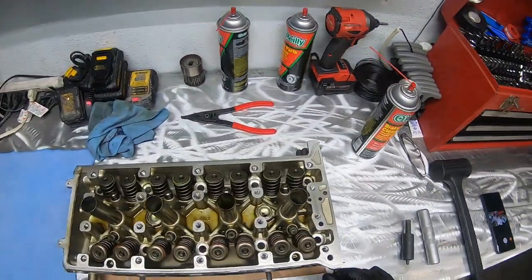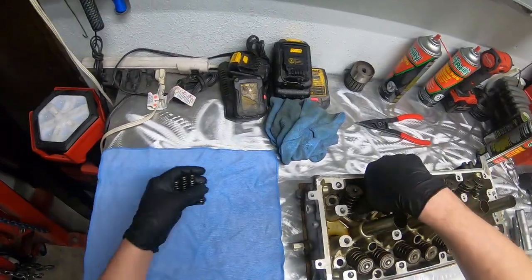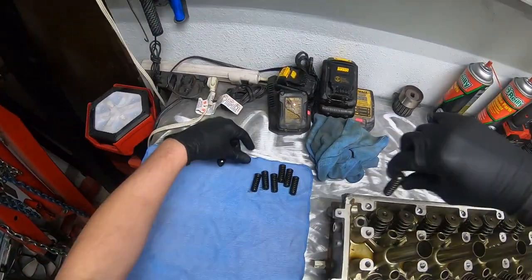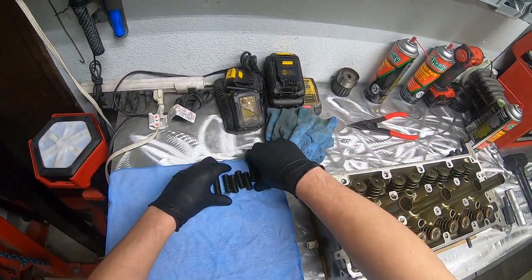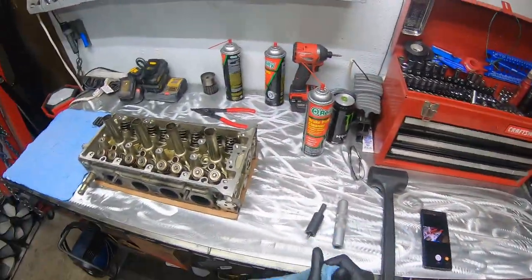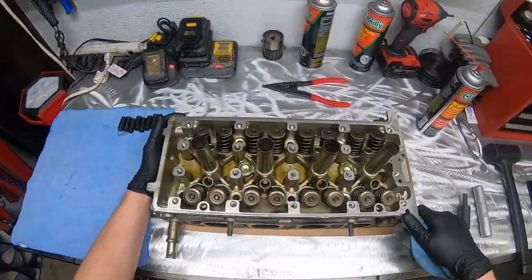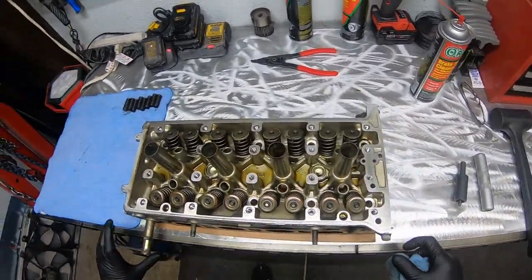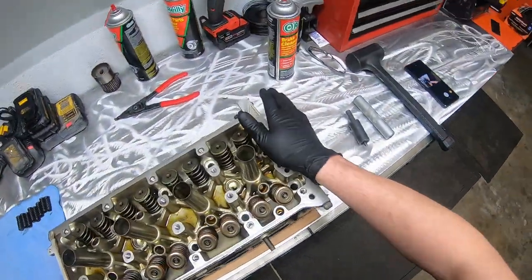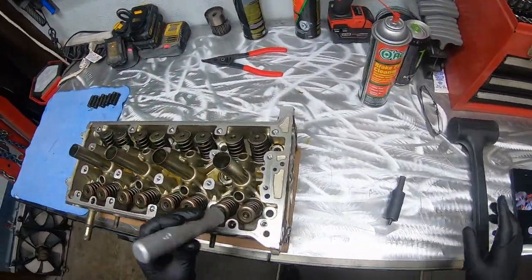To knock them out, first thing I always do, just for ease, is pull all the LMAs out. And the K-series LMAs are all springs, not like B-series where they're a hydraulic style spring-loaded LMA. So the first thing we really need to do is get a rag up under the valves to catch the valves. And then the idea is you take this,